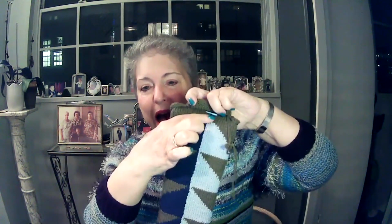And although I swatched, I wasn't really sure until I started to knit how my row gauge would be. My stitch gauge, I pretty much had a handle on, but the row gauge, especially with doing this in intarsia, I really wanted to see it play out. So what I decided to do was to start knitting. This is my cast on. I started knitting at the shoulder,